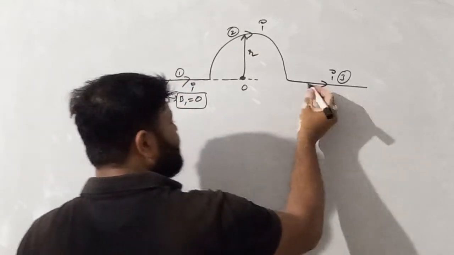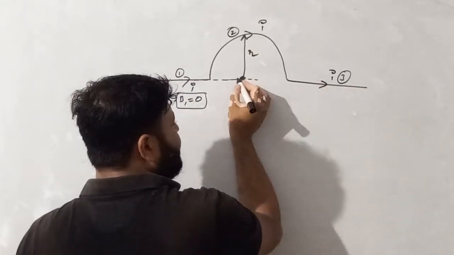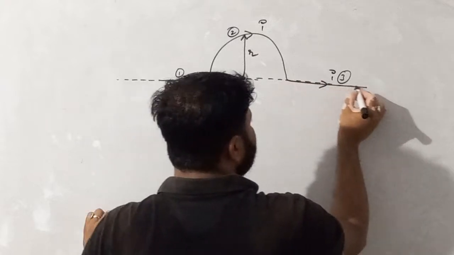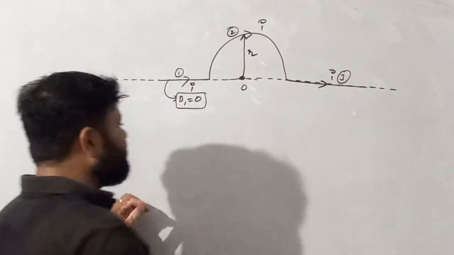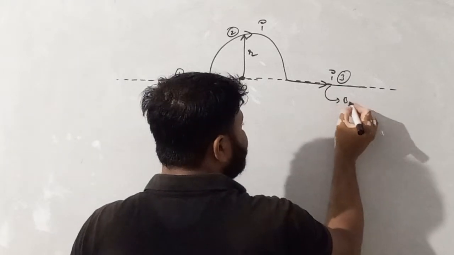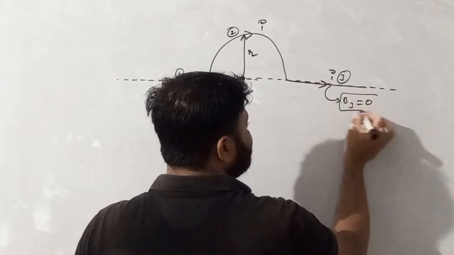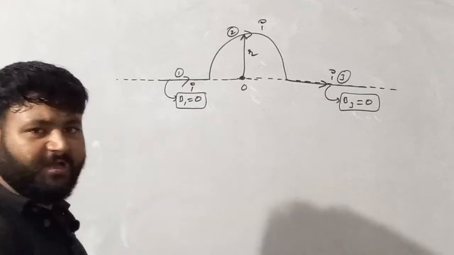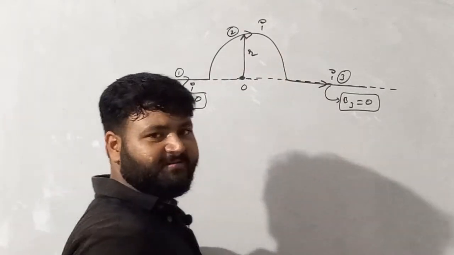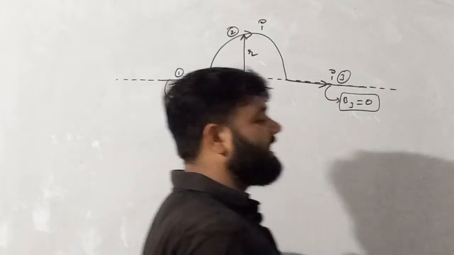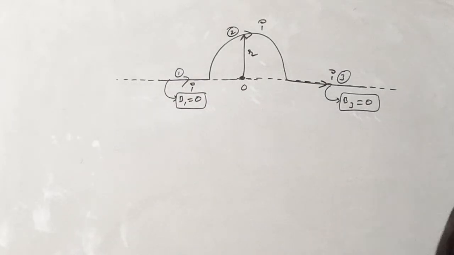Moving forward, let's discuss the third wire. The third wire's axis is also passing through the point where we want to find the magnetic field. So due to the third wire as well, my dear students, the magnetic field is 0. I hope you all are understanding. Now see, this is considered to be a semicircular arc. If it is a semicircular arc, then its angle must be pi by 2.